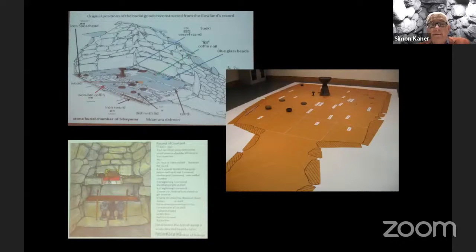One of the most amazing things for me about the Gowland project was that towards the end of the project, we were able to use these very detailed records of Gowland's investigations and the fact that we've got the artifacts in the British Museum to recreate what the Shibayama tomb and the interior of the Shibayama tomb may have actually looked like. And this was a life-size model that we were able to stretch out in the study room at the British Museum, and formed one of the central focus points for the NHK documentary that I spoke about a little while ago.